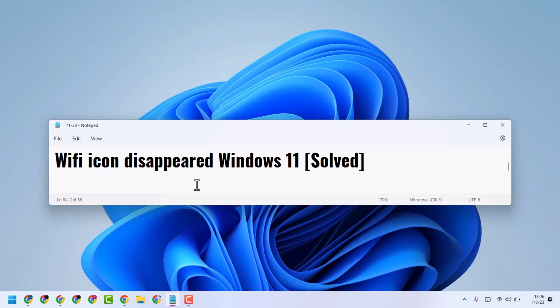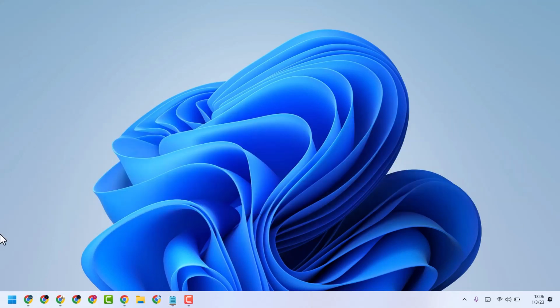In this video, I will show how to fix and resolve the Wi-Fi icon disappeared problem in Windows 11. To resolve this problem, you can try some methods. First one,